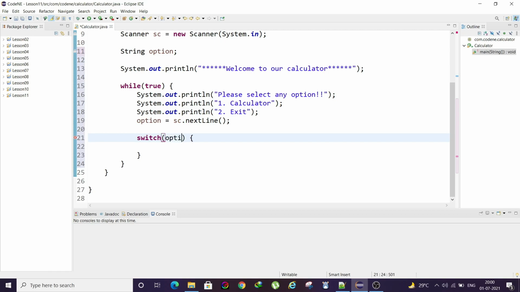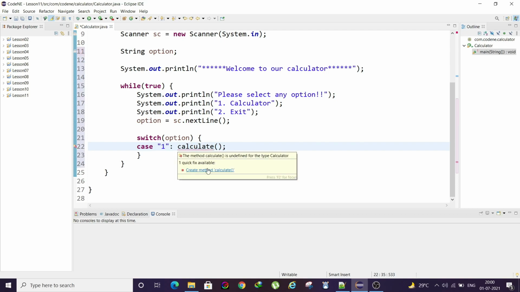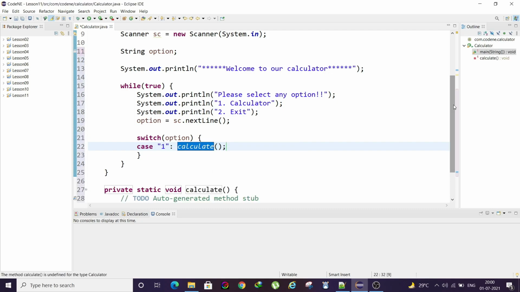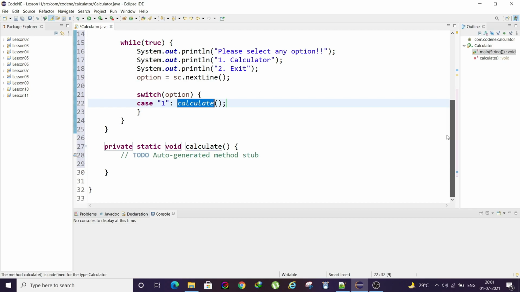So in that case we need to use switch. When we use switch, as we provided the user options 1 and 2, there will be a case of 1, it will run the calculate method. It will show an error, just hover over it and click on create method. So Eclipse will take care of this and create a sample method calculate.